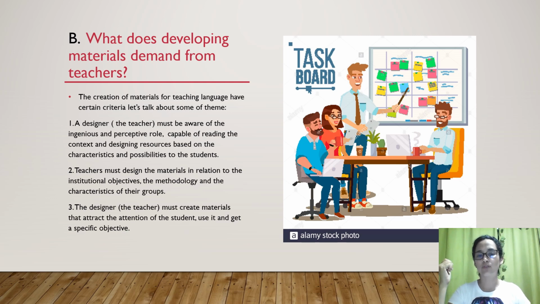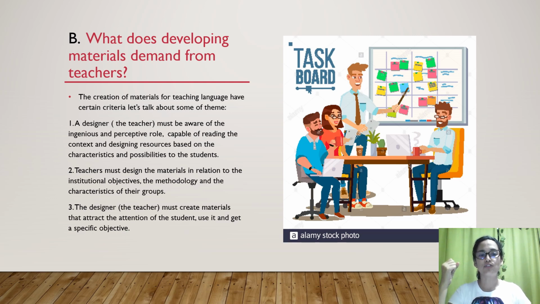Let's talk about some of them. First, the designer, the teacher, must have an ingenious and perceptive role, capable of reading the context and designing resources based on the characteristics and possibilities of the students.